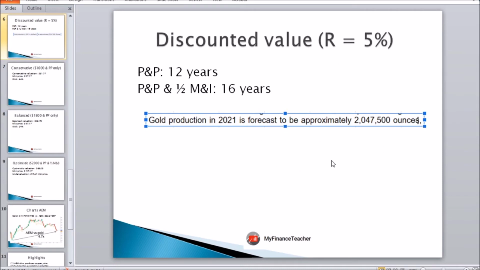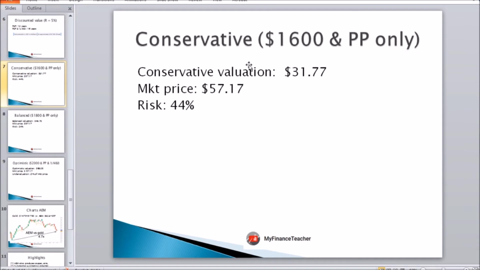So with all of the above in mind, coming to our conservative valuation, where, as a reminder, we only plug in a gold price of $1,600 per ounce, and we only assume as if the company has proven and probable reserves in the ground only, without any measured and indicated resources, never mind any inferred resources. This assumption gives you a conservative valuation of just under $32, which is actually 44% below the ongoing market price